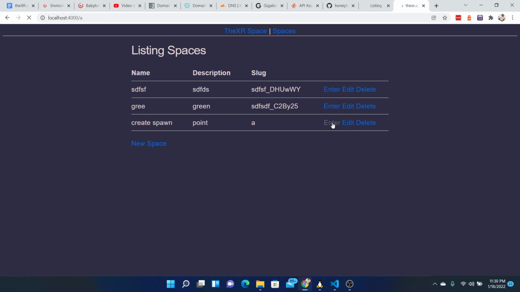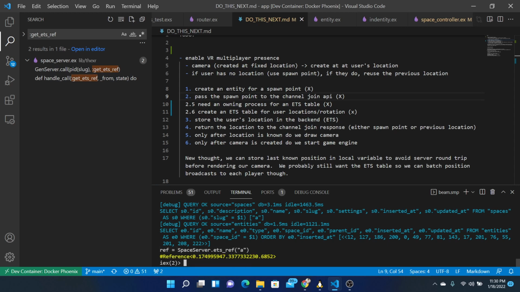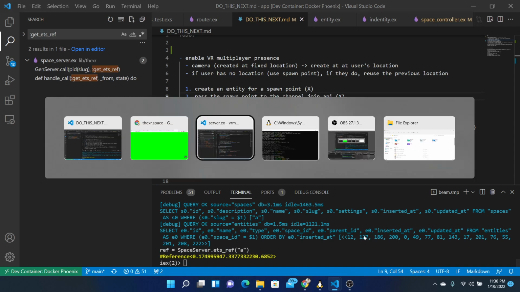We're going to enter here. This creates a space if it doesn't exist yet. Then we can go to SpaceServer Ets Ref for A. Store that in something. And how do we query this? So on the old one,